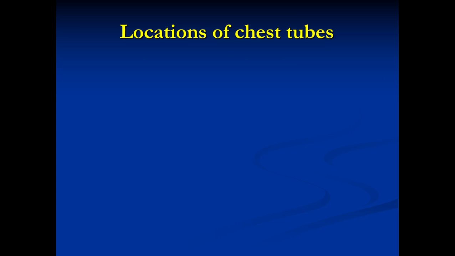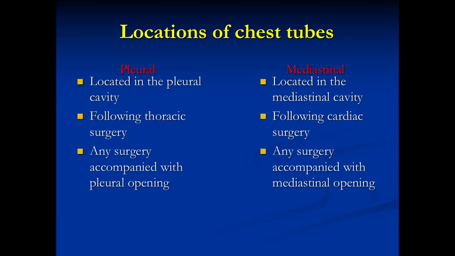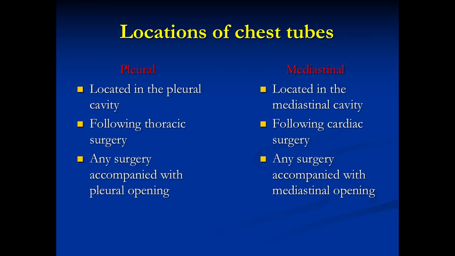اول حاجة location of the chest tube، المكان اللي بتركب فيه الشيست تيوب. It's either pleural or mediastinal. Okay, the pleural is located in the pleural cavity and usually it's following the thoracic surgery or any surgery accompanied with pleural opening. بمعنى